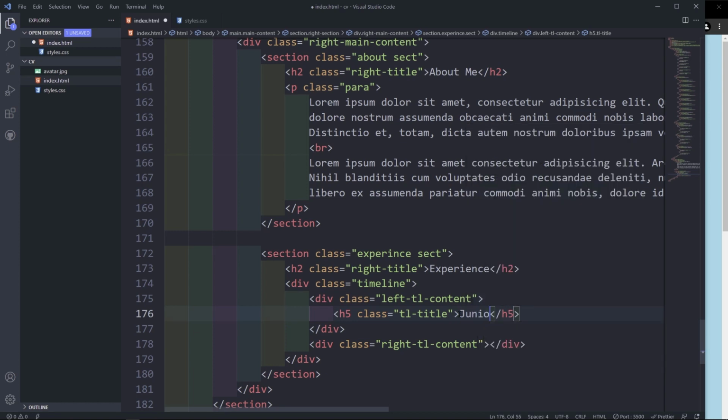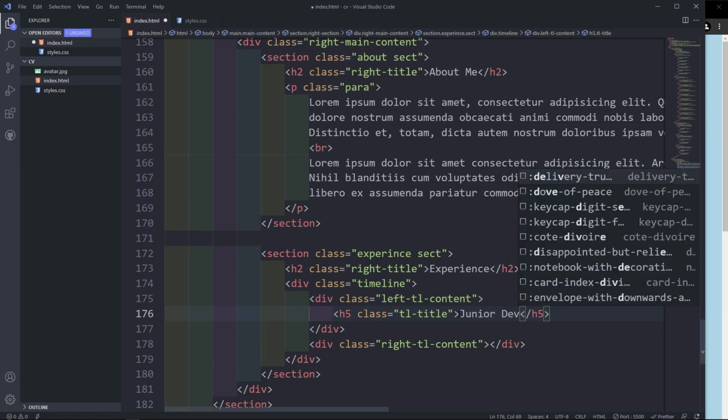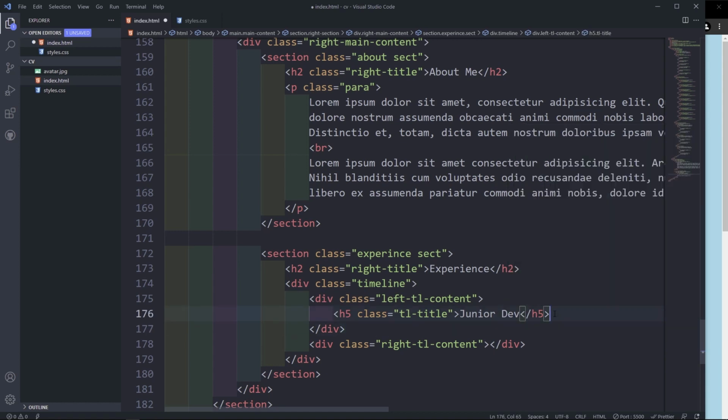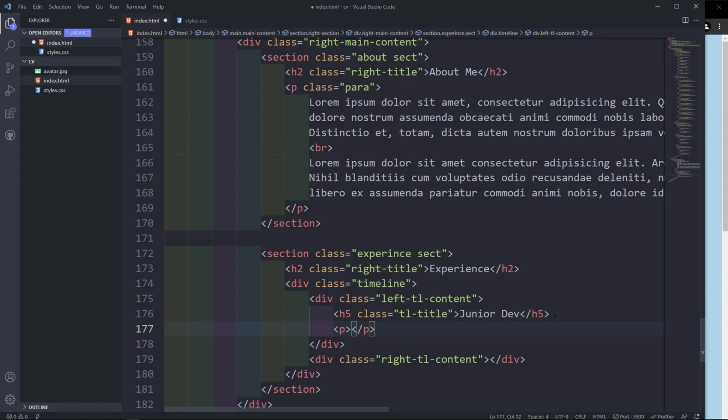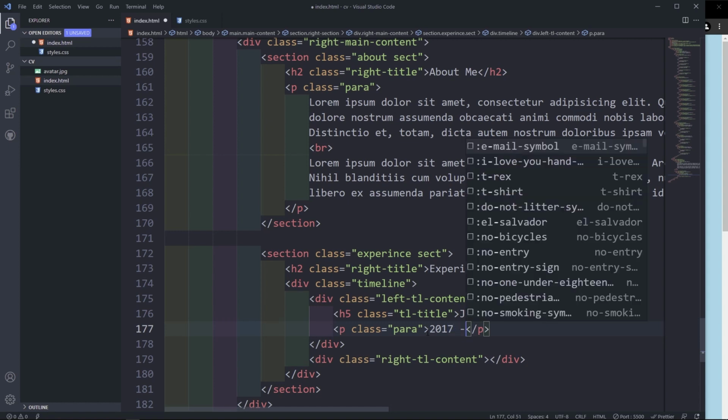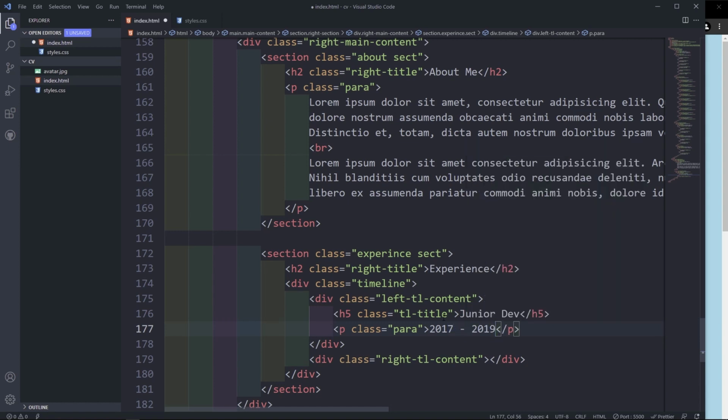Okay, so this one may be junior dev, and then a paragraph, maybe. So actually this one we can give it a class of para, and then this one is going to be maybe 2017 to 2019 as a junior developer. Okay, so that's done for the left,